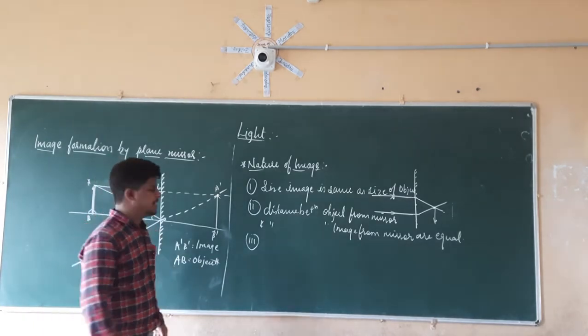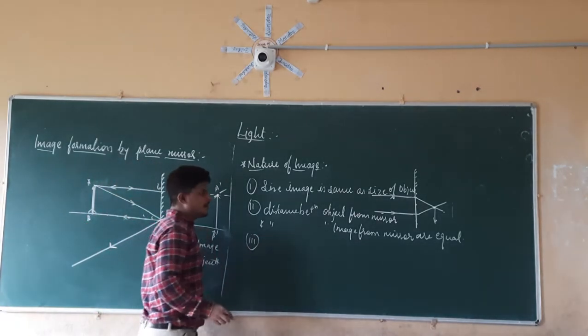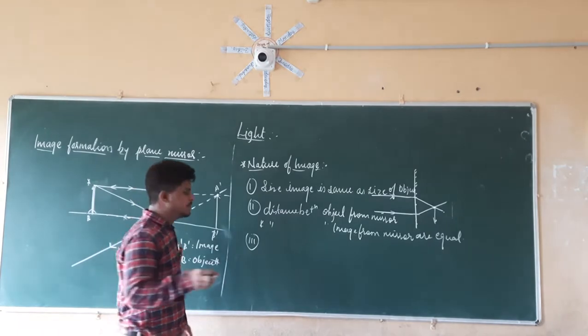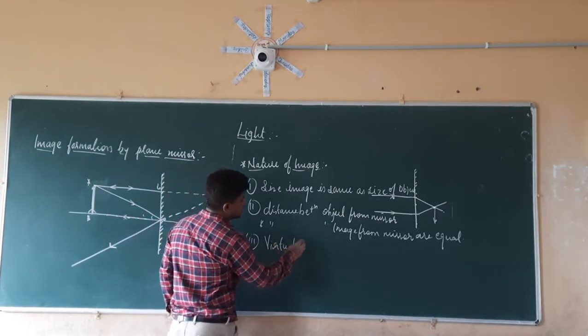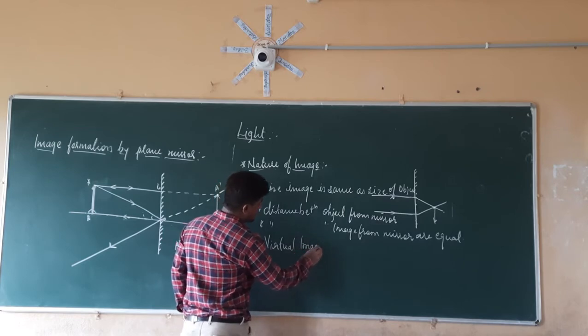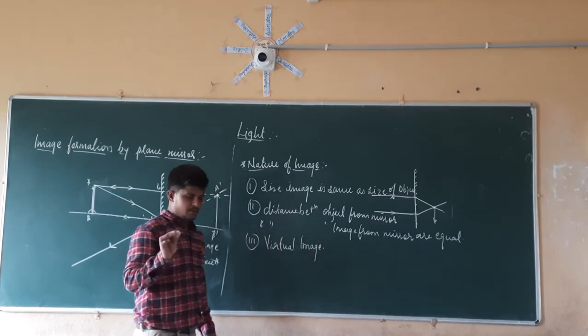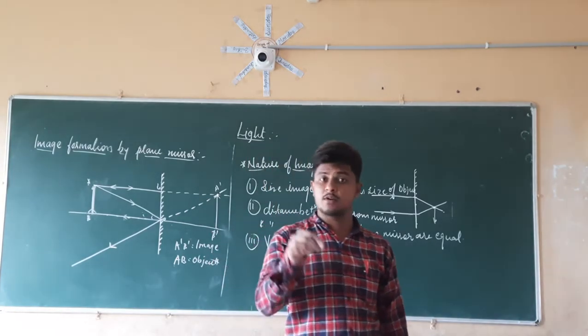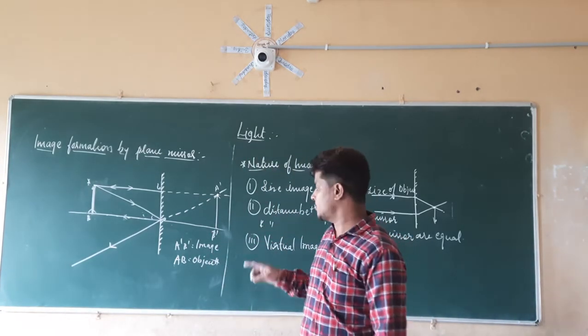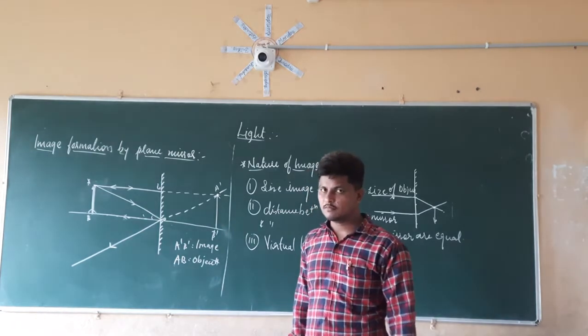It is forming inside the mirror. So whatever image forms inside the mirror is nothing but a virtual image. Those are virtual images. I am going to say a point about the real image, and from that point we are going to identify what a virtual image is.